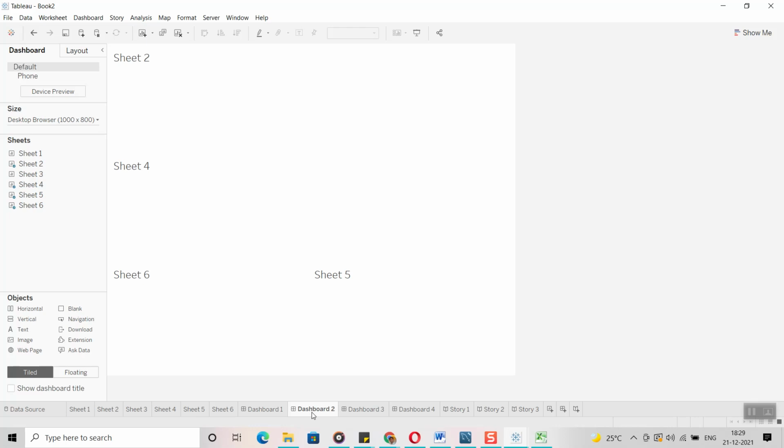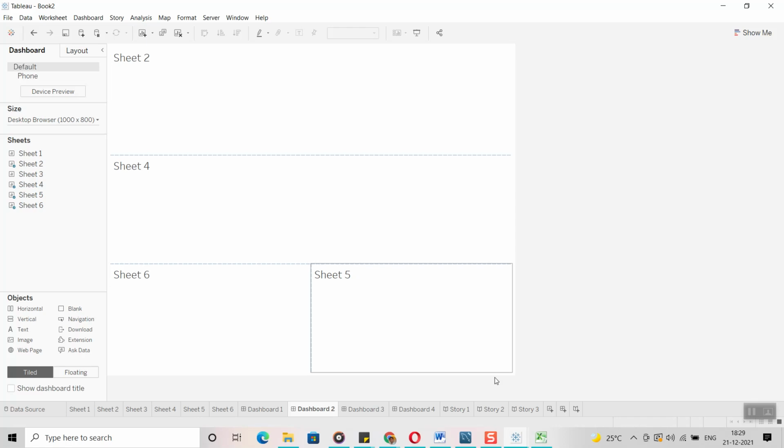At the dashboard level, you cannot create any visualization. Remember that. You just arrange the visualizations you have created using the worksheet option. Whatever visualization you have created in the worksheet, you can just organize it at the dashboard level.